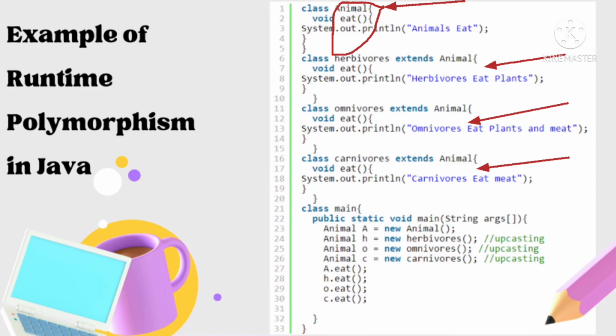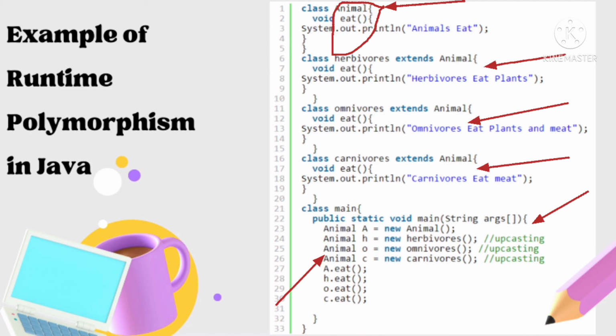Here in this main method, there is an object A which is initialized by animal class. There is another object H which is initialized by herbivores with the help of upcasting. Another object is O which is also initialized with omnivores. There is another object C which is initialized by carnivores.